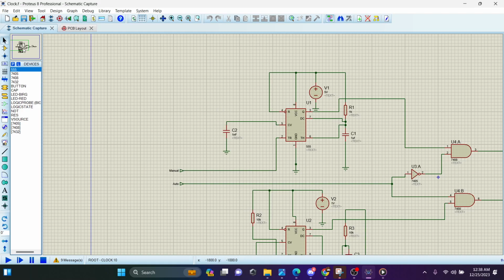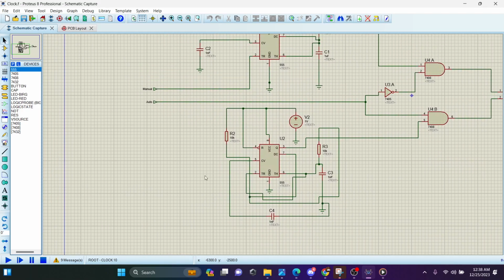Now we'll see the circuit diagram of an astable multivibrator, which is a little bit different from the monostable. For an astable multivibrator, we need no triggering. For this, from pin 2, we use no triggering. Pin 2 and pin 6 are connected with the R3 resistor whose value is 10 kilo ohm, which is connected with the C3 capacitor and grounded. Pin 4, pin 7 and pin 8 are connected with a 10 kilo ohm resistance, and another capacitor we used here is 1 nanofarad, which is connected with